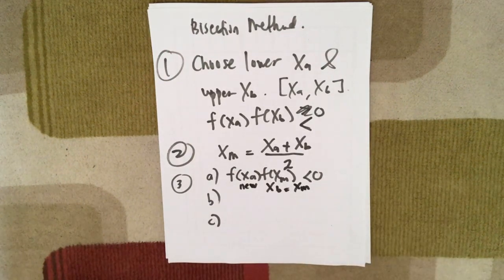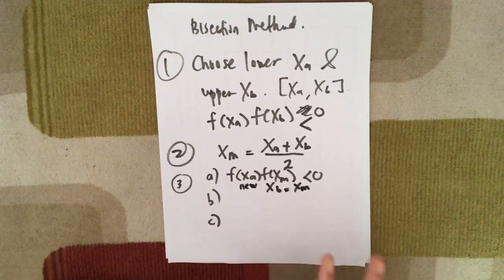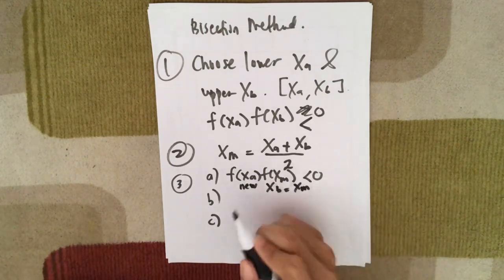Okay, kat sini mungkin you tak nampak lagi lah. Okay, maybe you cannot see clearly what the explanation is all about. Okay, I just write first. So this is for A. For B,